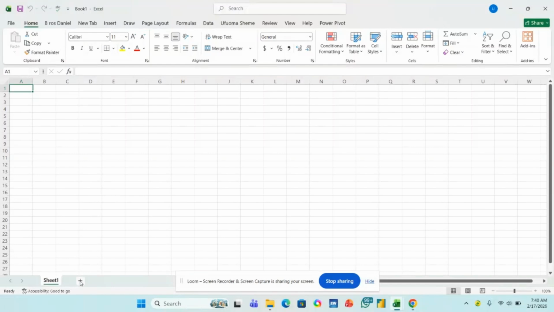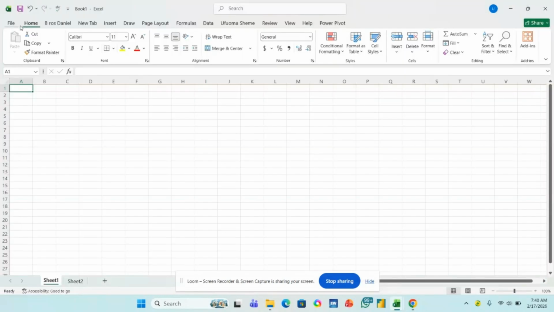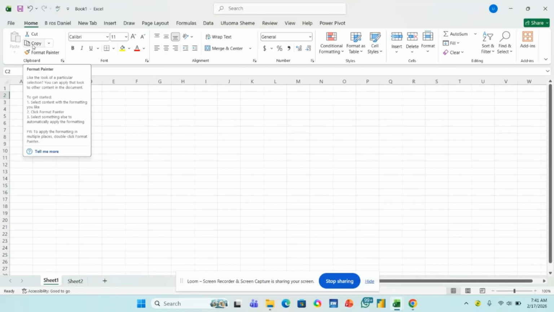If you click this plus sign with my mouse, it will take you to another sheet. And then this is the File tab, where you can save this worksheet, print, share, and some other options that are here. You can also create new workbooks and use different ready-made templates for Excel. After the File tab, we have the Home tab, where we do some of the work. There you can see cut, paste, format, and the likes.